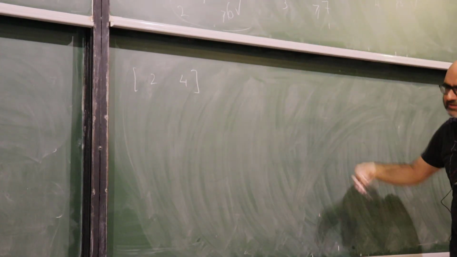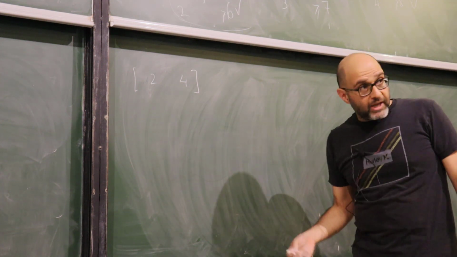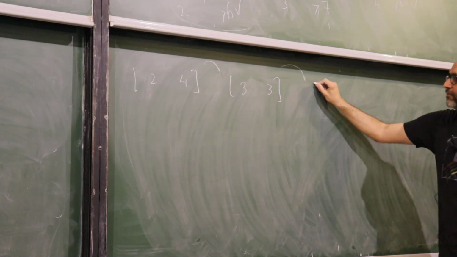I'm not going to write things at different levels. The pair 2, 4 will move forward as 3, 3. And this will move forward as